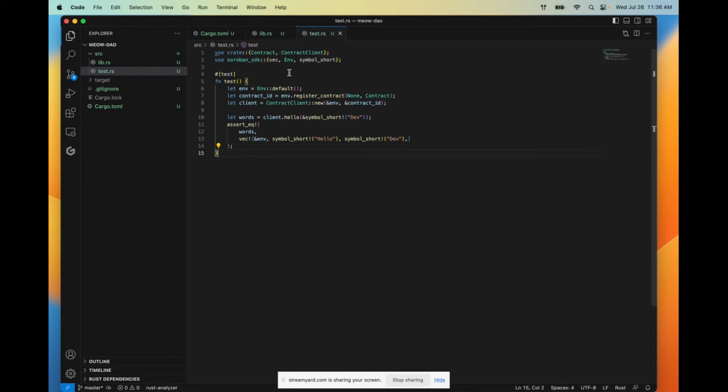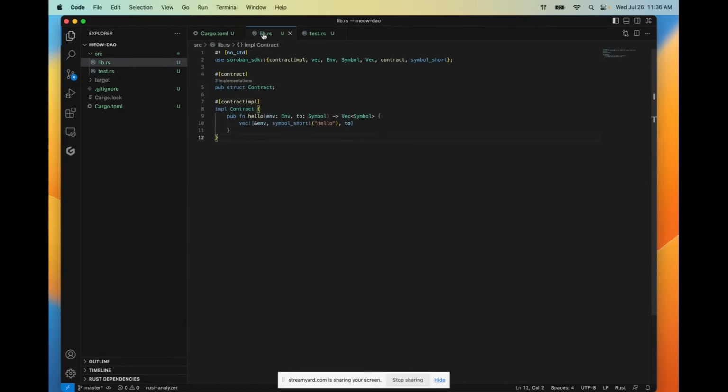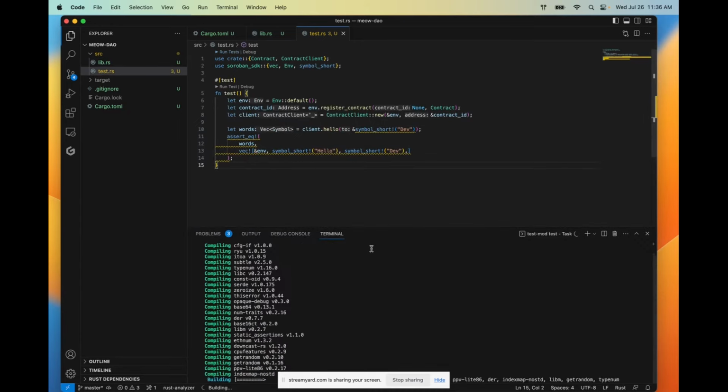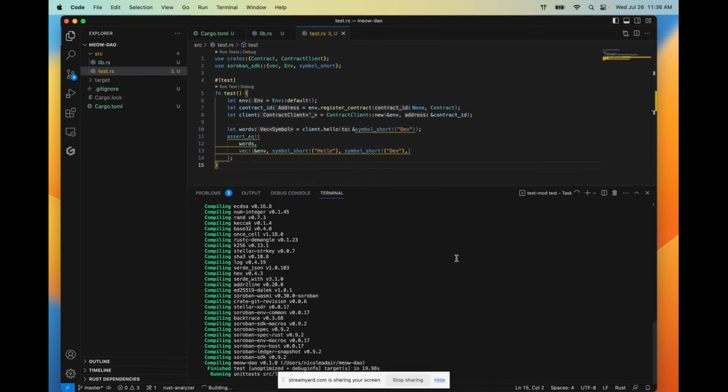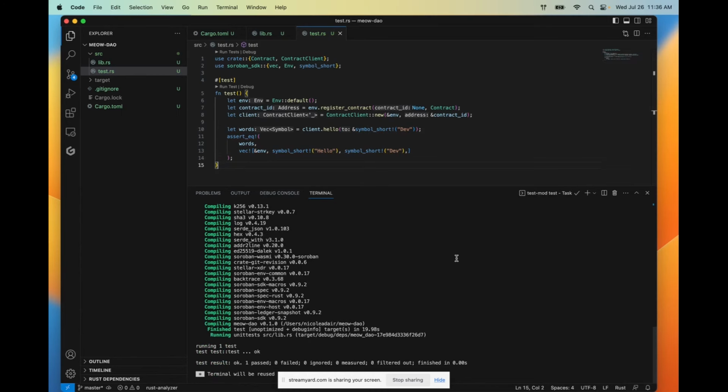I'm going to copy in the test code that you can find on the Soroban docs Hello World setup page. I'm not going to walk through it at the moment, but we're going to add one more little piece of code now to the end of our smart contract, and we're going to run this test. And so that's going to run in our terminal. And as we wait for it, if you are interested to know more, I recommend taking a look at the Soroban docs to see how this test is built.